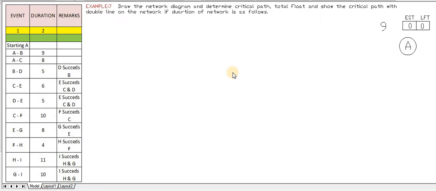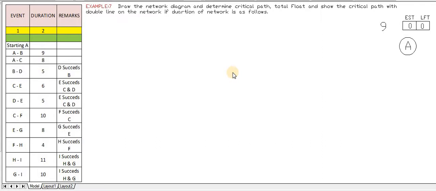Again, the same way, we have to draw the network diagrams, and depending upon the network diagrams we have to calculate the various times, and also calculate the total float, and mark the critical path by a double line. Okay? So today again we will work with some different data, with some changes. Again we will draw the network diagram using the critical path method. So first we will read example number 7.